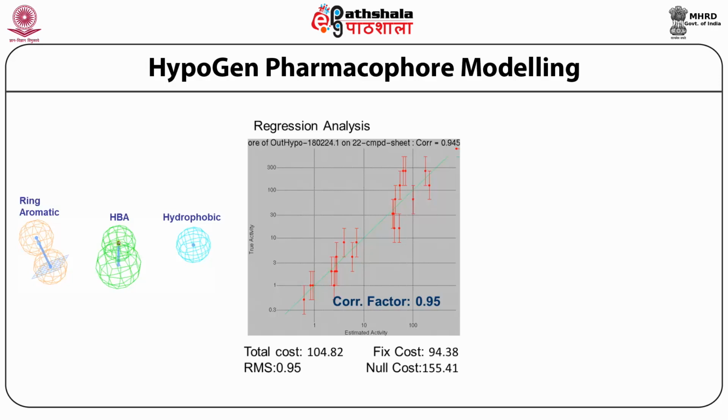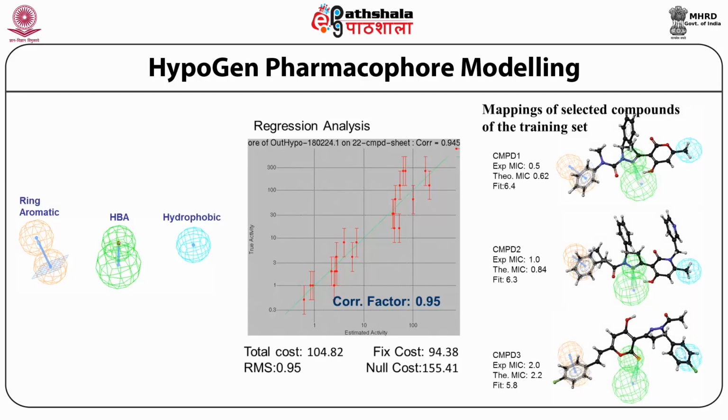So this pharmacophore has been used to identify a few compounds from a corporate library, as shown, and the experimental MIC was 0.5 and the theoretical prediction was 0.62. The fitting number is also shown here. So as you see, three different sets of compounds were shown here having different scaffolds or substituents, generated from this library or from the corporate library using Hypogen. This shows you an example of a success story of using pharmacophore.